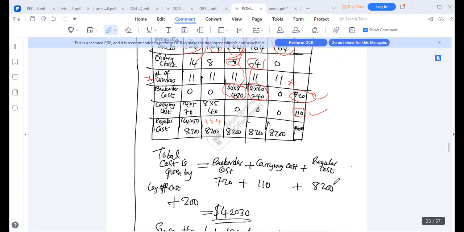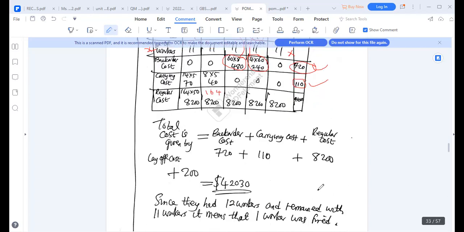the regular cost of 8,200 by how many there are? 1, 2, 3, 4, 5, by 5, which gave us 41,000. So from this 41,000, we can now add the carrying cost, the back order cost, and the layoff cost for this one person, which will give us